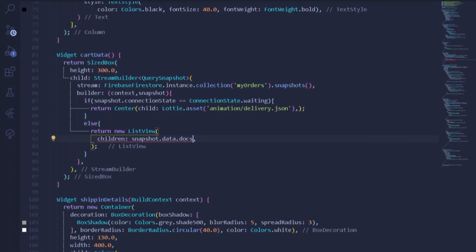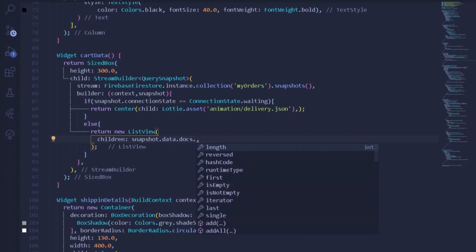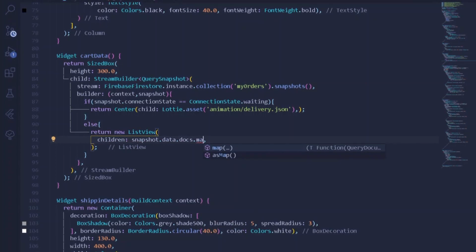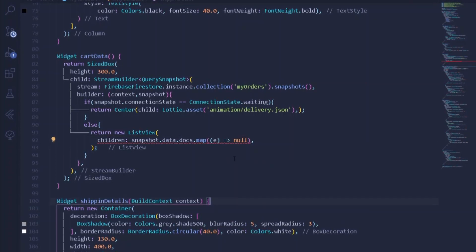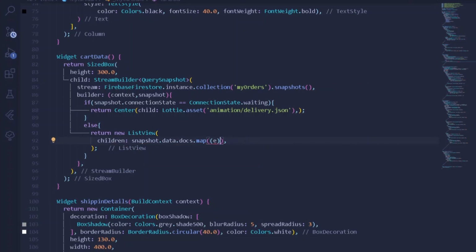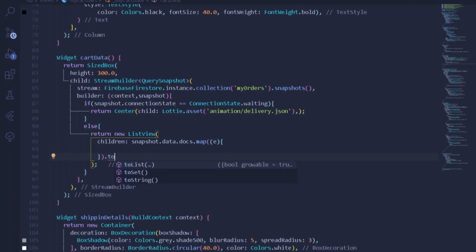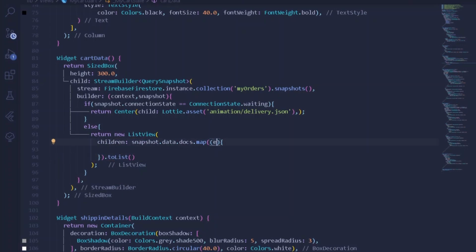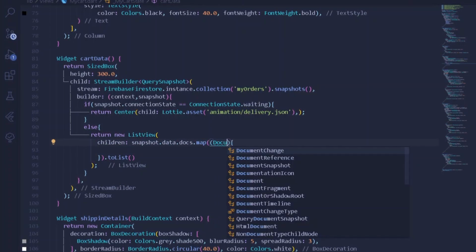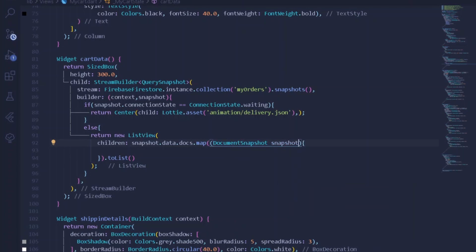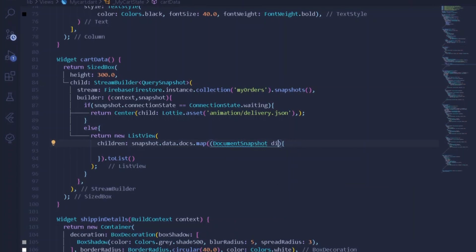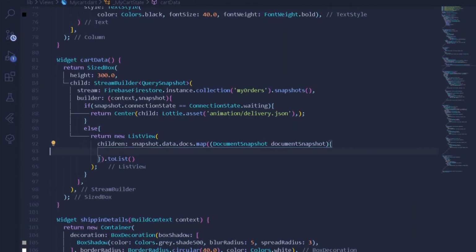From this we shall be getting all the docs, and from this let's have a mapping between the docs, that is our list of documents. So here under our children, we shall be simply assigning the value of the children in the form of toList first thing first. And here let's have a type to be a document snapshot, to be not a snapshot but document snapshot. Let's not confuse our filter code.